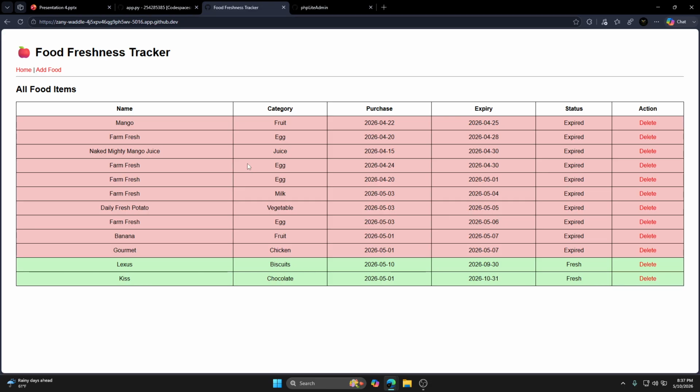One challenge I faced was implementing automatic email alerts without sending duplicate notifications. I solved this by storing the last alert date in the database. In the future, I would like to add barcode scanning, food image uploads, and mobile